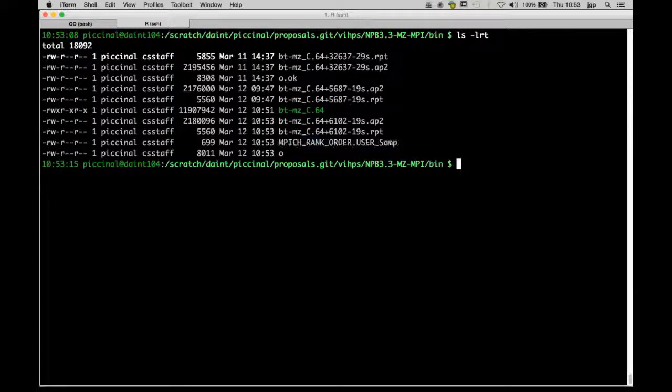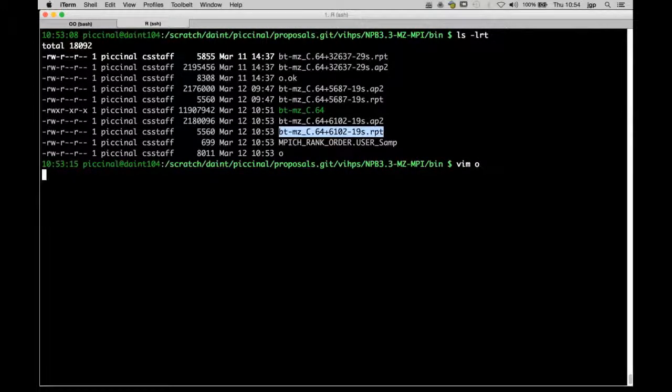The important file is the report file or the job output, and actually what you will get at the end of the job output is exactly the content of that report file. So for your proposal, you can attach the report file or the job output. It will be the same for us.